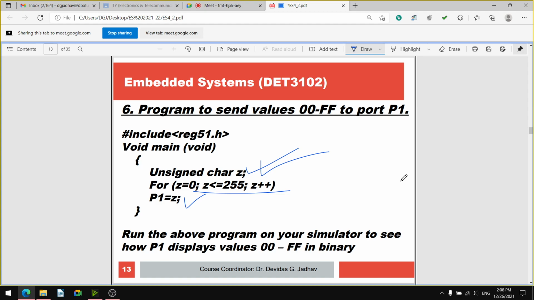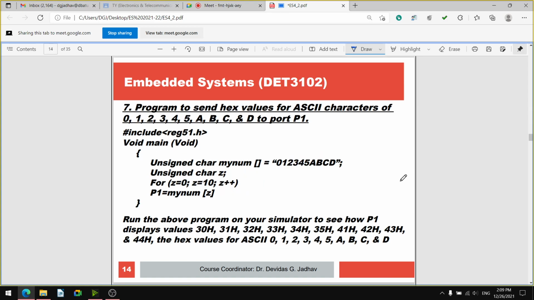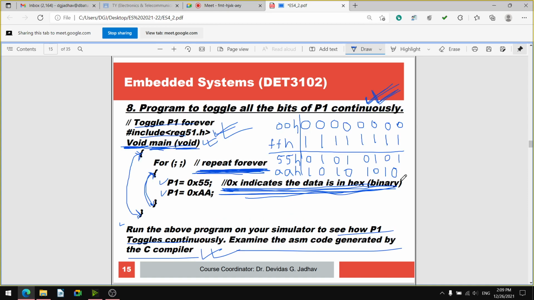So all these programs we have discussed theoretically, and how to install and how to use Keil we have discussed. Then today we combined these two things, the Keil MicroVision software and the theoretical programs we have discussed, and executed 2-3 programs, so that you can execute all the programs. We will check one by one all these programs very quickly in the next one or two lectures. And we can have all the other program execution. So this is the toggle program we have seen.